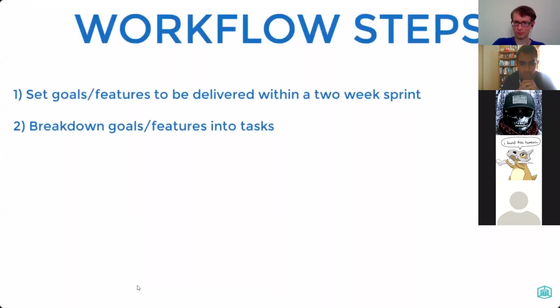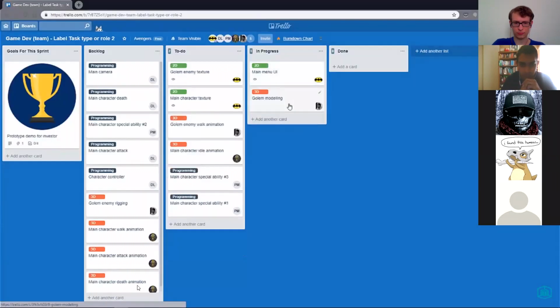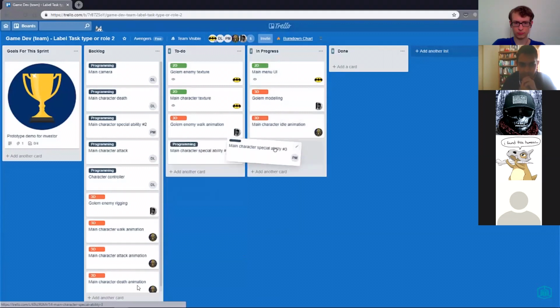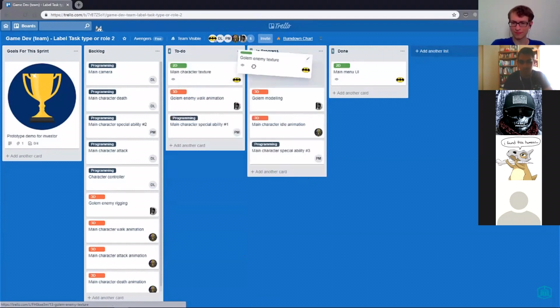As the team works on their task, on a daily basis, everybody needs to check what's in progress and what's been worked on. So just simply move your task to in progress based on what you are working on. Like that. And then when the task is done, you can easily move them here to done. And then you'll get the team member to move on and check what else needs to be done within the to-do list, and then drag that to in progress as they start working on a new task.